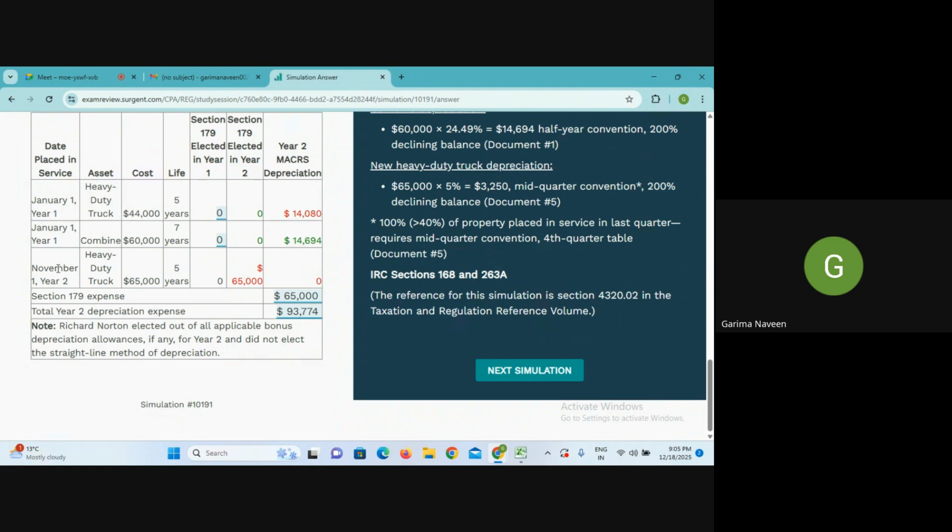कब, अगर ये तीनों आपके ईयर 2 के होते तो। लेकिन अभी ईयर 2 में एक ही असेट आपने सर्विस में डाला और वो भी लास्ट क्वार्टर में, मतलब 100% असेट आपने सर्विस में डाल दिया लास्ट क्वार्टर में, तो आप ईयर 2 के लिए मिड क्वार्टर यूज करोगे। अब समझ आया या नहीं। दोबारा बताऊं।